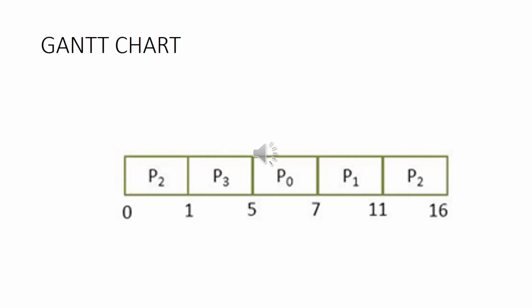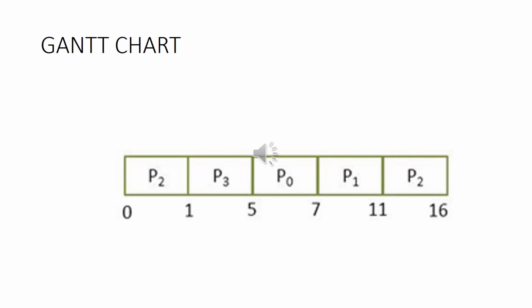At time t equal to 1, P3 comes, and the processor will compare the execution time of P3 with the remaining time of P2. P2 has 5 milliseconds, and the execution time for P3 is 4 milliseconds. So the processor will stop the execution of P2 and start execution of P3. At time equal to 2 milliseconds, another process comes, but again the processor compares its execution time with the remaining time of P3, and finds that the remaining time of P3 is lower than that of P0. So it continues execution of P3.